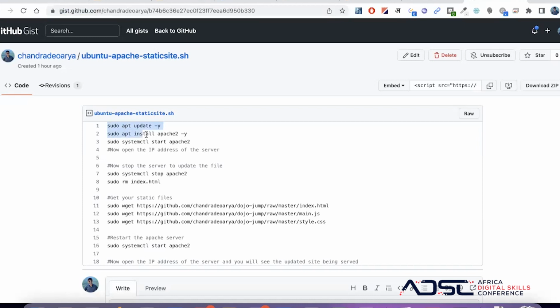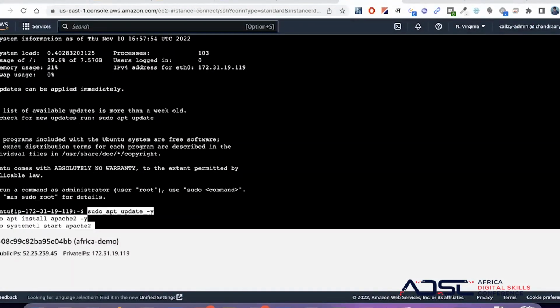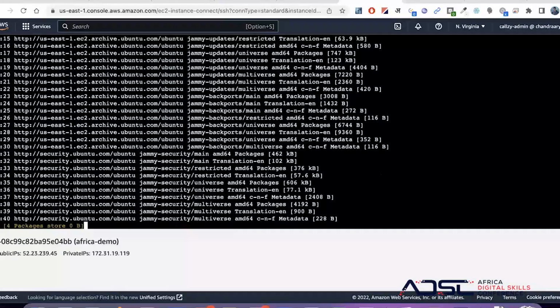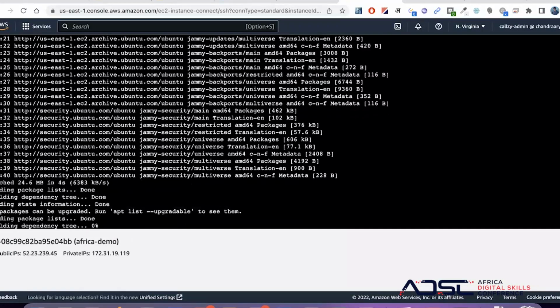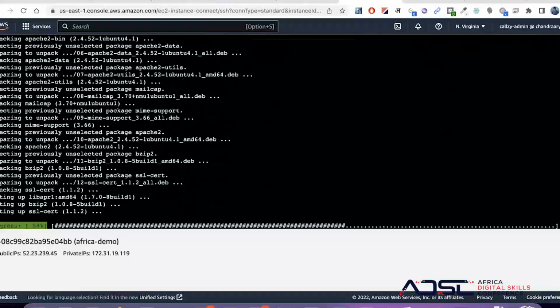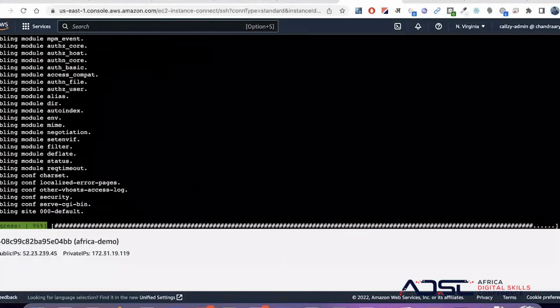So you see these 3 lines? These 3 lines install a web server called Apache. Okay, this is the most popular web server. When you run the first 3 commands, this will install Apache on your computer, on your server actually. So this is getting those dependencies, those libraries into your server. With this, the first step will be done, that web server is in your computer.